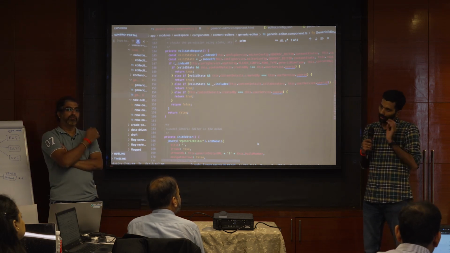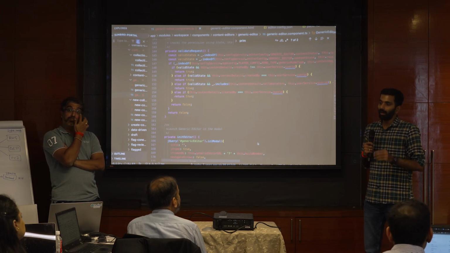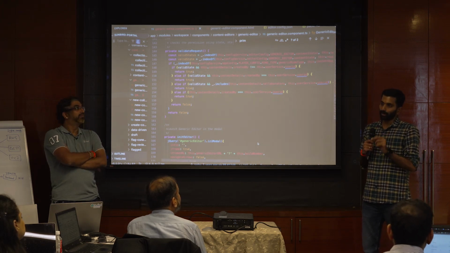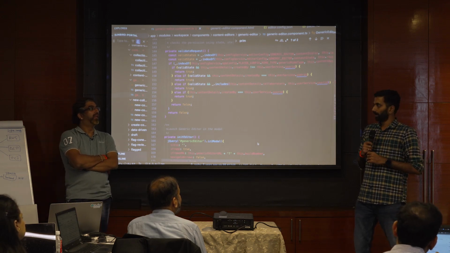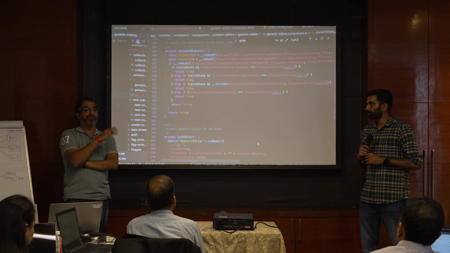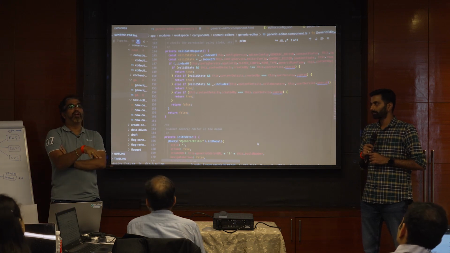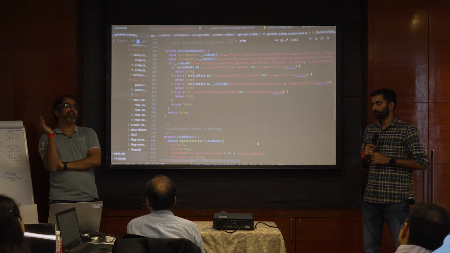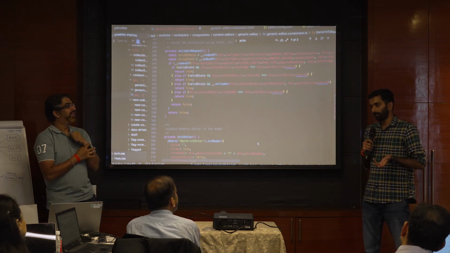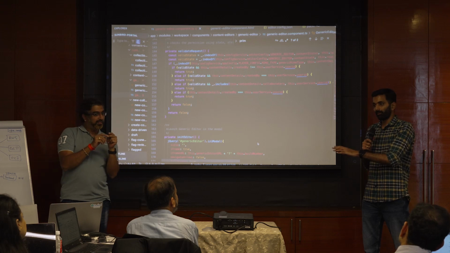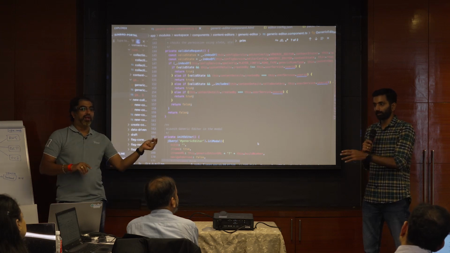HTML5 has a player tag called the video tag, but it's not in our control, and it is browser specific. So it can change in your Chrome, it can change in your Mozilla, and the look and feel will be totally different in Safari. Different browsers have their own kind of player. Firefox can have a similar one because it runs on HTML5.